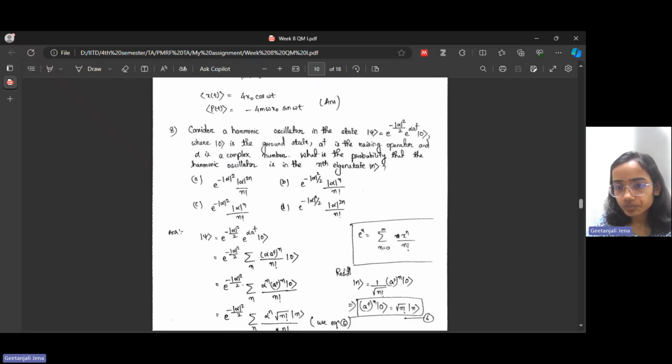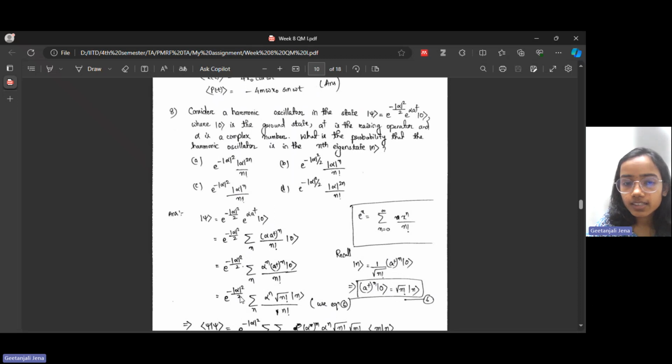From this expression, you get a dagger to power n acting on |0> is nothing but root over n factorial times the ket n. Now if you use this equation 6 and solve the expression for psi, then what you will get is,